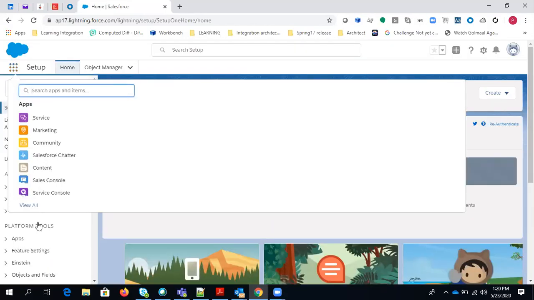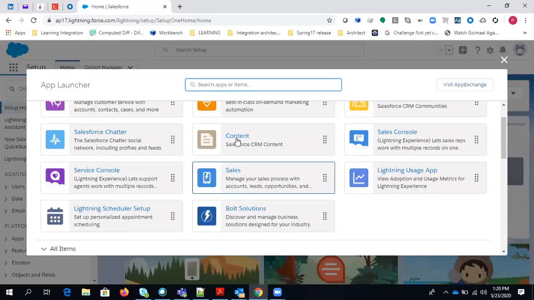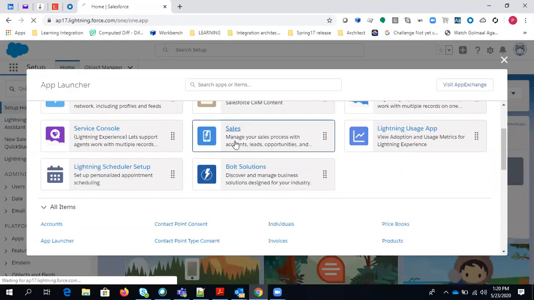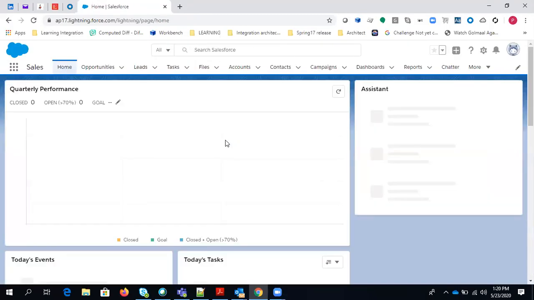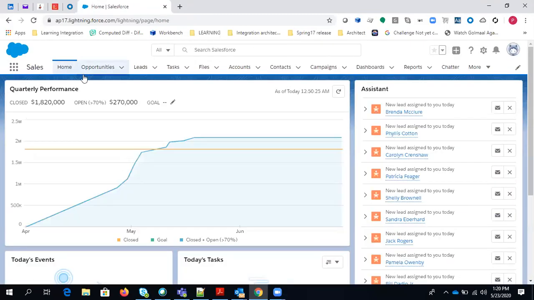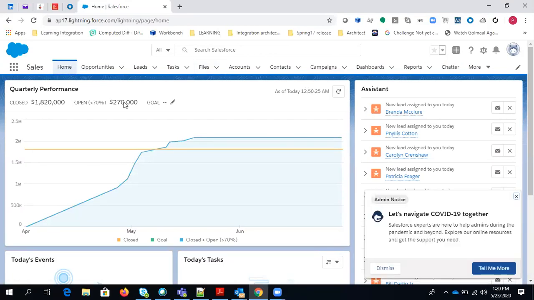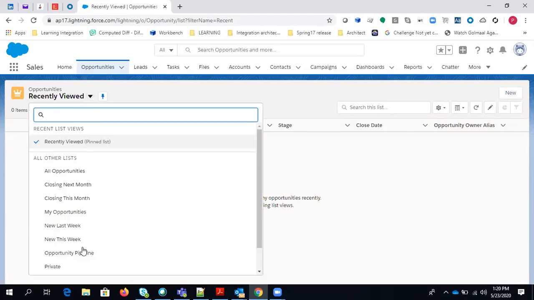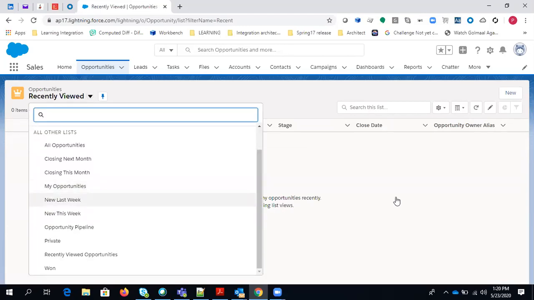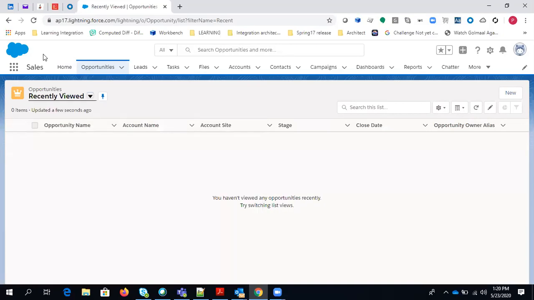So let's say you just want to select the Sales app and get all the tabs available in it. You can simply go to this Sales application menu, and you can see all the tabs here. Each and every tab will contain the New button, and if you click on a tab, you will get the list view, related list view, and all the filters available here, right? So this is how you can select any app from the Lightning UI.